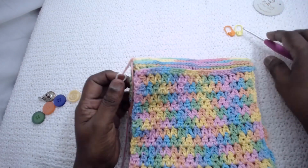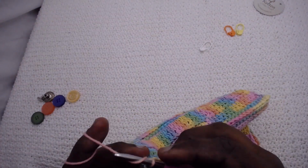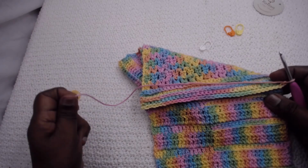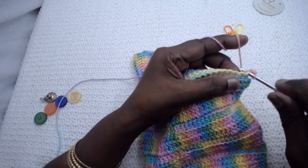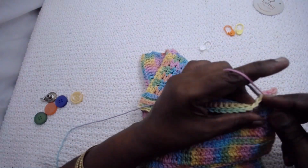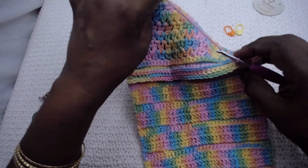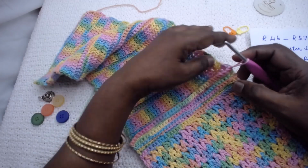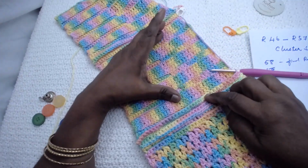Okay, now what we do is chain 1 and turn, place 1 single crochet in each of the stitches. I shall meet you at the end of this row. I have placed my single crochet rows here and I am at this particular point and I have turned. Henceforth, we need to repeat row 29 for 12 more rows, and then an SC row, and then you again